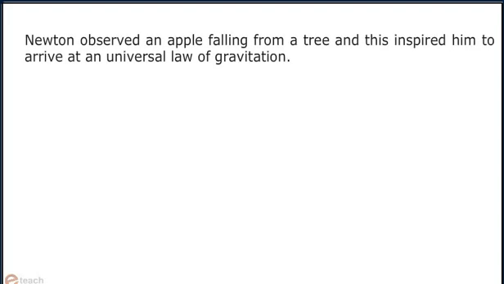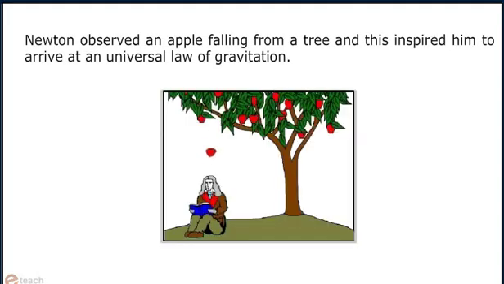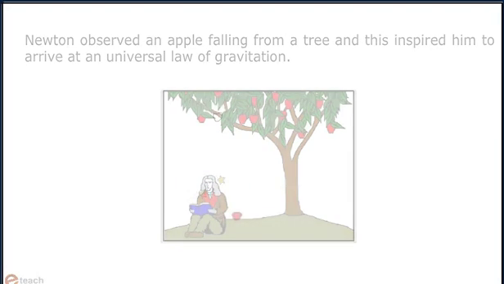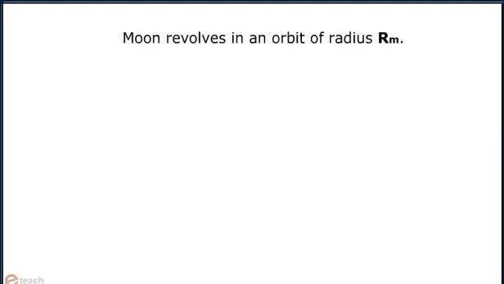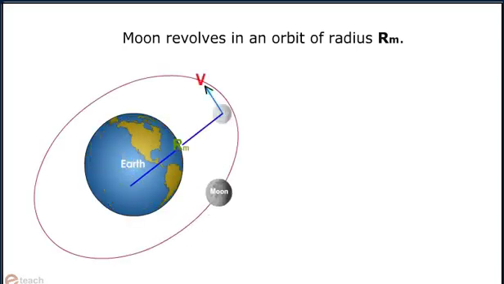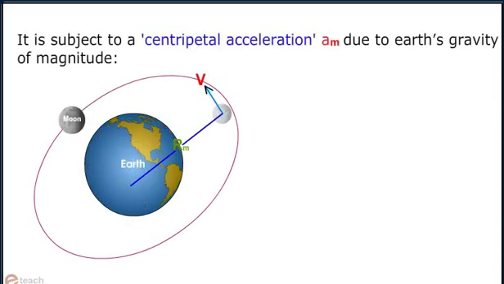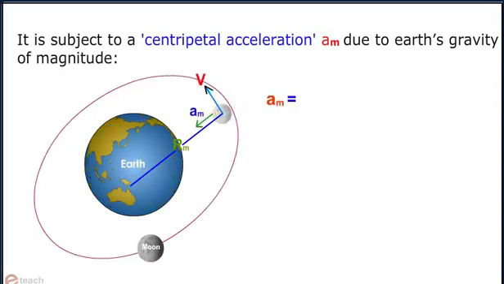Now, let us understand the universal law of gravitation. Newton observed an apple falling from the tree, and this inspired him to arrive at the universal law of gravitation. The Moon revolves in an orbit of radius rm. It is subjected to a centripetal acceleration, am, due to Earth's gravity, of magnitude am equals